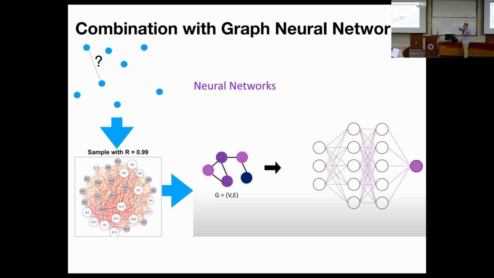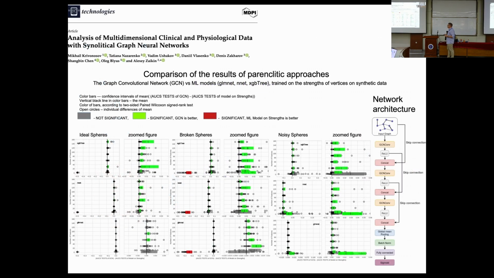And then what is interesting, we have got the connection between the result of the analysis of the graph neural network applied to unconnected high-dimensional points. So in fact, now with this approach, you can apply a graph neural network to any high-dimensional data with unknown links, because first you can construct a Synolitic graph and then apply a graph neural network. We have used basically in this study